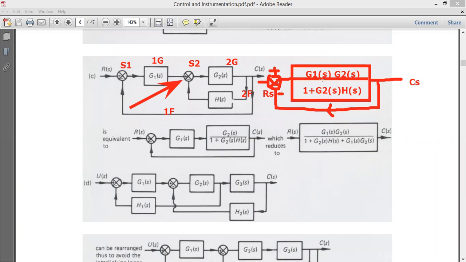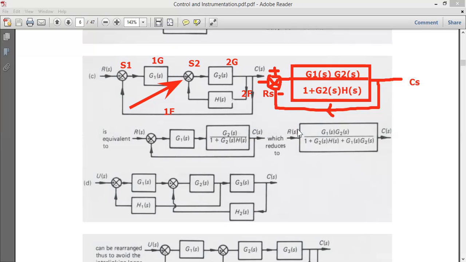Now you apply the feedback. Whenever you find such points, try to solve your transfer function. How to solve? That is the G block, the whole block is my G block. So the whole block is nothing but the G block. First you write the G block divided by 1 plus G block multiplied by what? H block, but H we don't have, so therefore I will try to solve this.